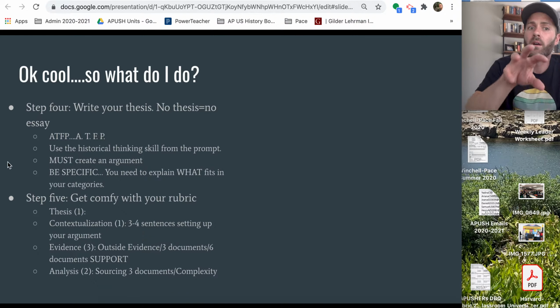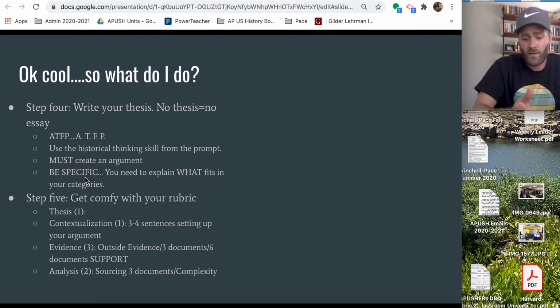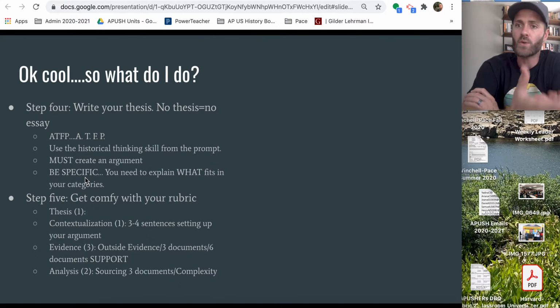Your thesis needs to create an argument. What are you going to be proving in your writing? And make sure you be specific, right? There were changes that were economic, right? And tell me some of the changes. That way your thesis includes actual history so that it's clear what you're arguing and that you know what you're